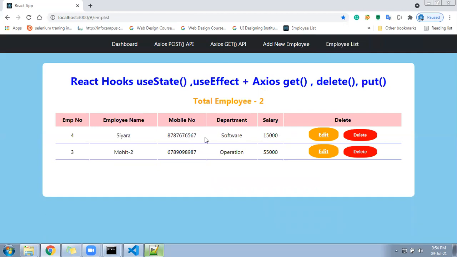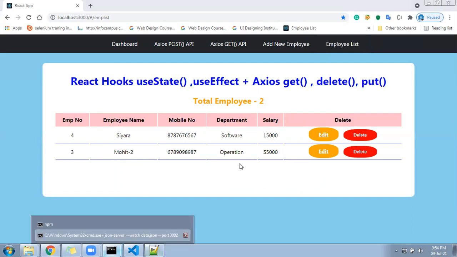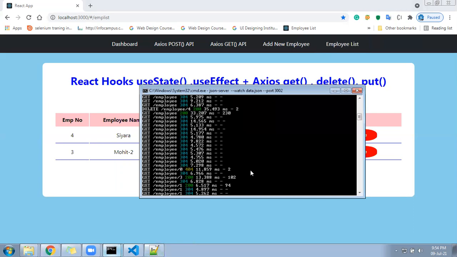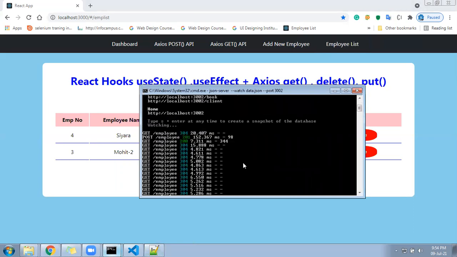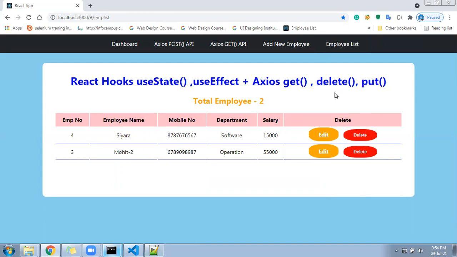Then you will ask where we are saving. It's based on the JSON server that you have already implemented. I'll show you that the JSON server is already running. It's set up there and we are storing the data. We also have a video on how to set up a JSON server. You must watch video number one, two and three, then video number four will be much more helpful and you will be able to implement it.